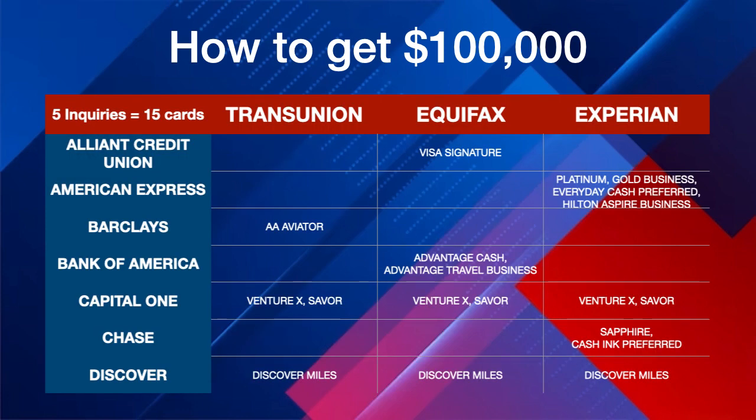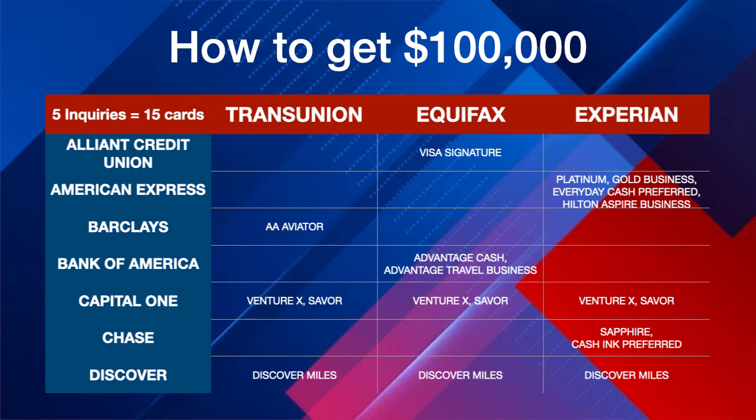All right. So this here is going to be one of many, many ways you can raise $100,000. This particular sequence is how to get up to about 15 credit cards with the minimum amount of inquiries. So it's important to know where banks pull from, how many credit cards they can give you, and the time frame or windows they offer you. I do have an ebook on this that you can pick up that goes more in depth on all these different things I talked about. But this here is a sequence that has been used and it works.